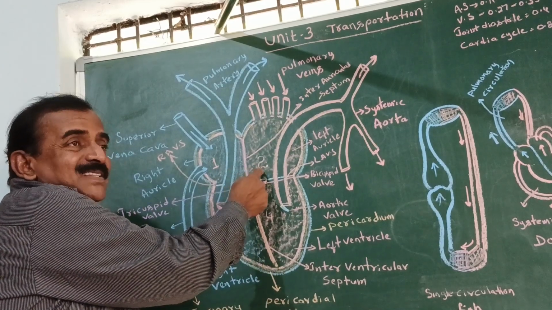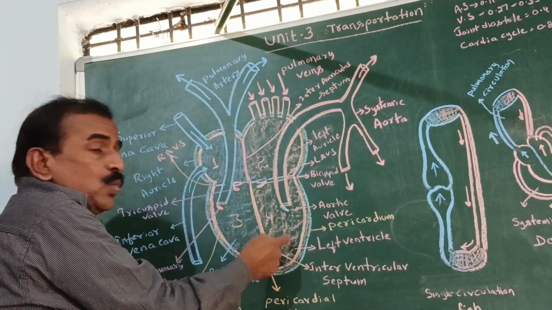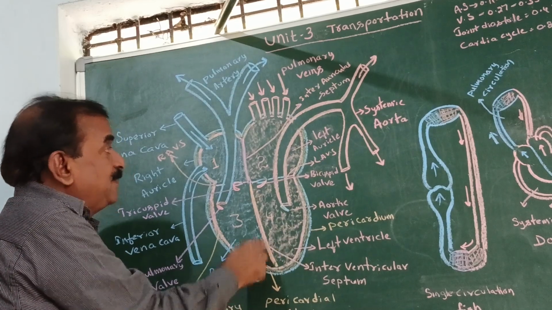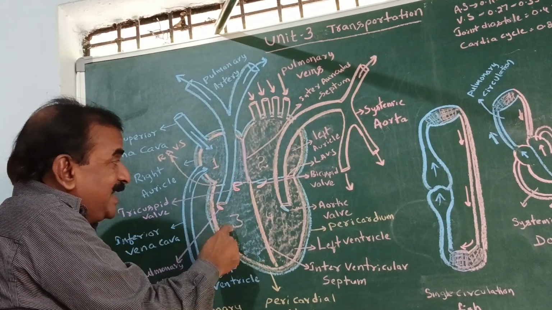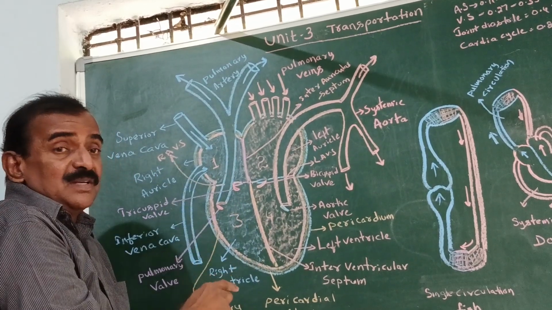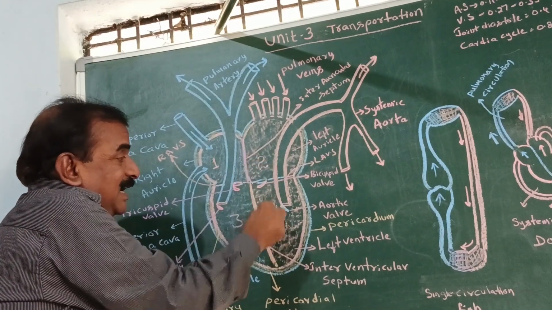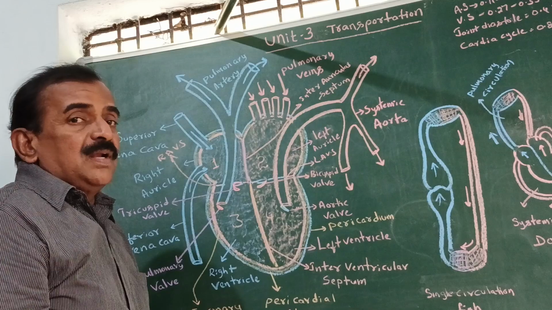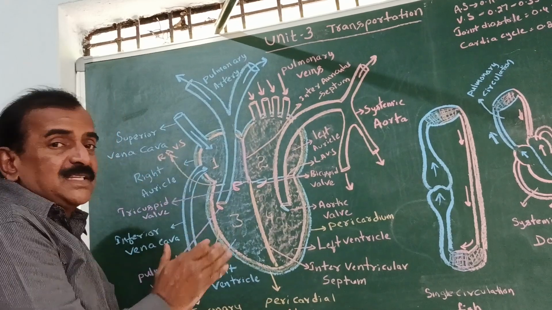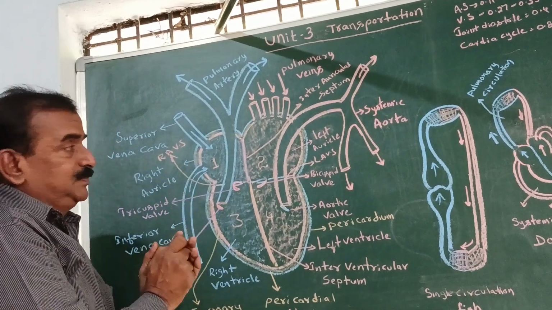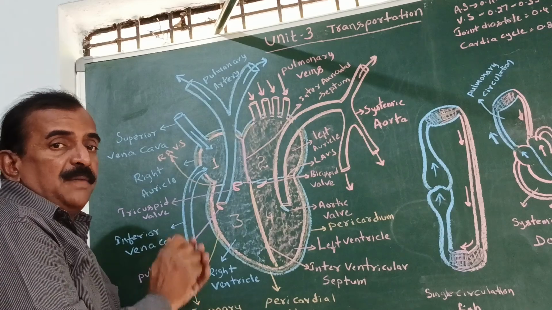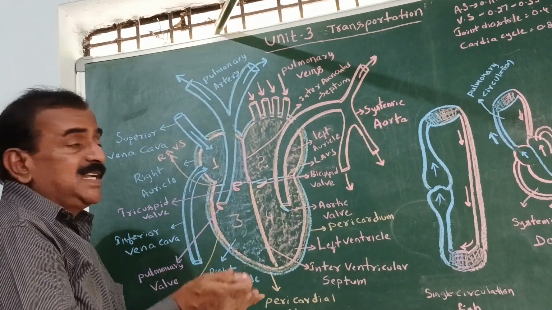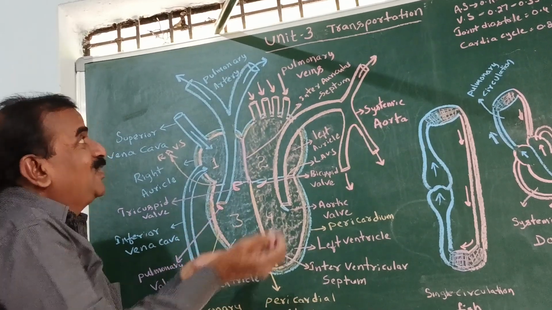Two auricles by means of the interauricular septum, two ventricles by means of the interventricular septum. The right auricle and right ventricle are separated by the right auriculoventricular septum. The left auricle and left ventricle are separated by what? The left auriculoventricular septum. Okay, so we discussed the chambers of the heart. Now I am explaining in detail the blood vessels which bring blood to